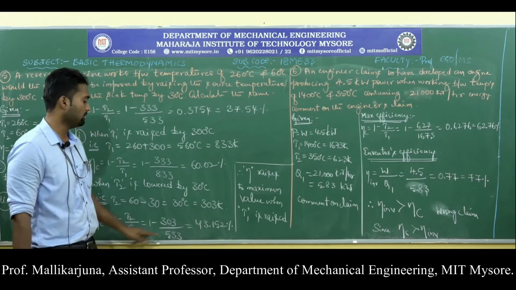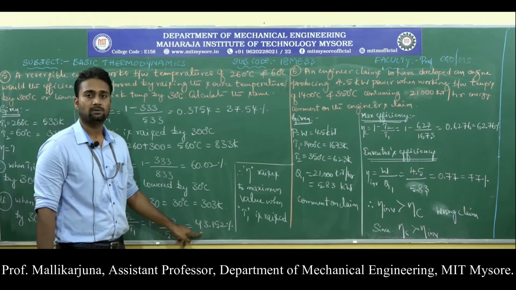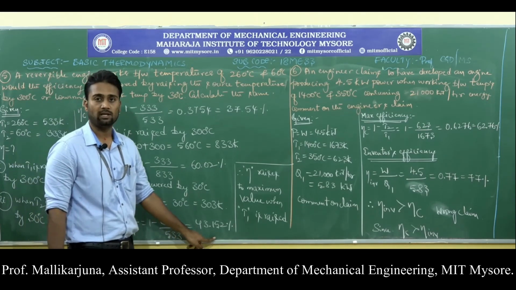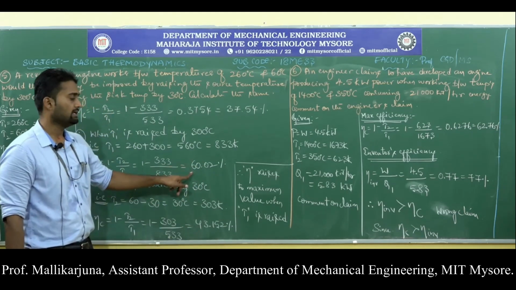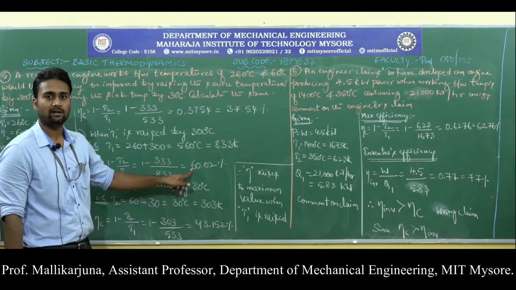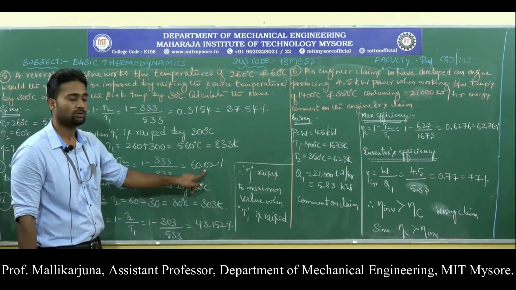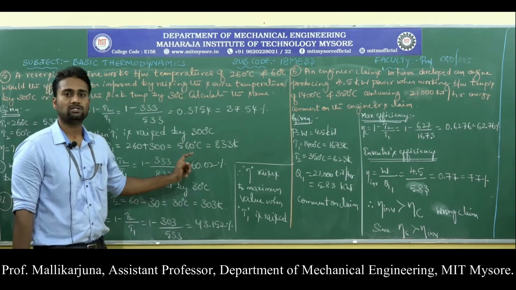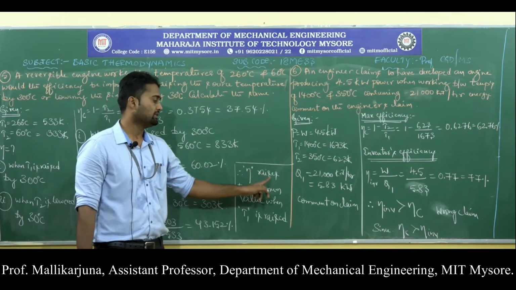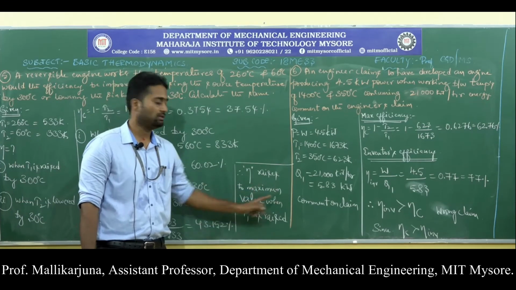Reducing the value of T2 has raised the efficiency to 43%. Now, out of these two, which one is maximum? Raising the temperature of the source by 300 degrees centigrade has increased the efficiency to 60%. Hence, we need to choose the first option, which is nothing but efficiency rises to maximum value when source temperature